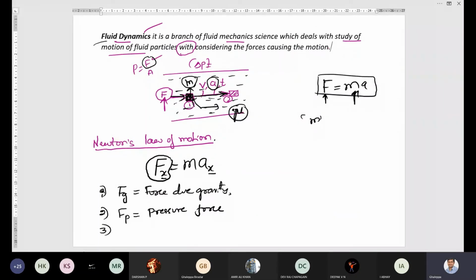When this fluid particle is moving from one point to another point, there will be some opposite resistive force on this fluid particle because of viscosity. What is viscosity? Viscosity is a property, the internal resistance between two layers of the fluid, because between two layers of the fluid there will be some friction. Understood? That is a resistive force, internal resistance between two layers of the fluid, that is viscosity. So between a fluid particle and another adjacent fluid particle there will be viscosity. So I will also consider the term or the force related to viscosity, the viscosity force.